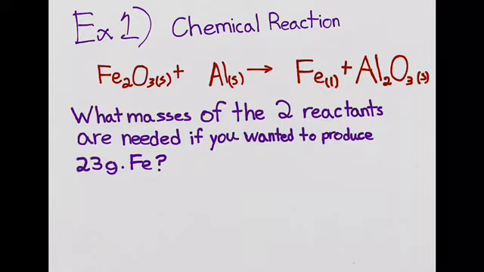So for our first example, we look at the chemical reaction Fe2O3 plus Al goes on to be Fe plus Al2O3. And so the question is asking us what masses of the two reactants are needed if you wanted to produce 23 grams of Fe. So the first thing that we should notice is how this equation up here is not